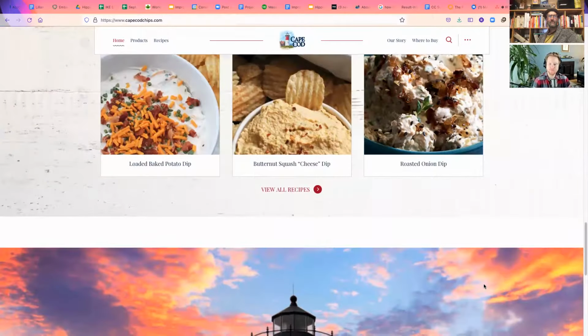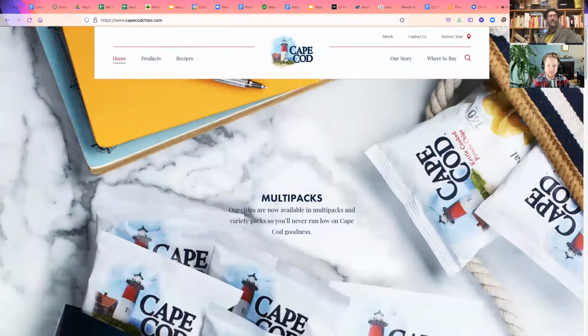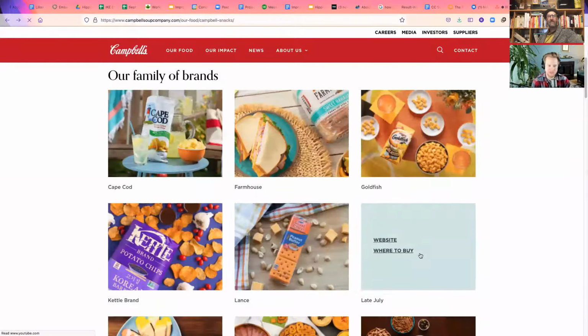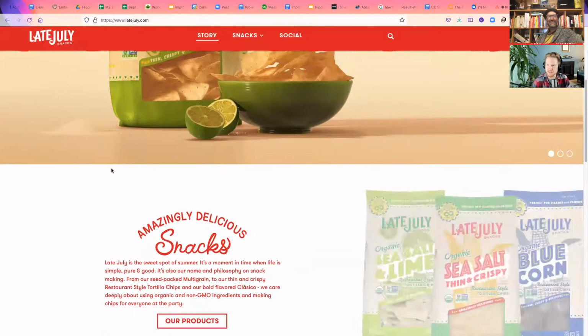Much more seaside than rustic potato farm, for sure. Yeah. I don't know if I've had Cape Cod products in a while, so looks like they also have some crinkled chips. And then they had, like you said, that they were sharing more of the factory workers, which leads me to believe that either they don't really have much of a story to share on their farmers. Like they're not as